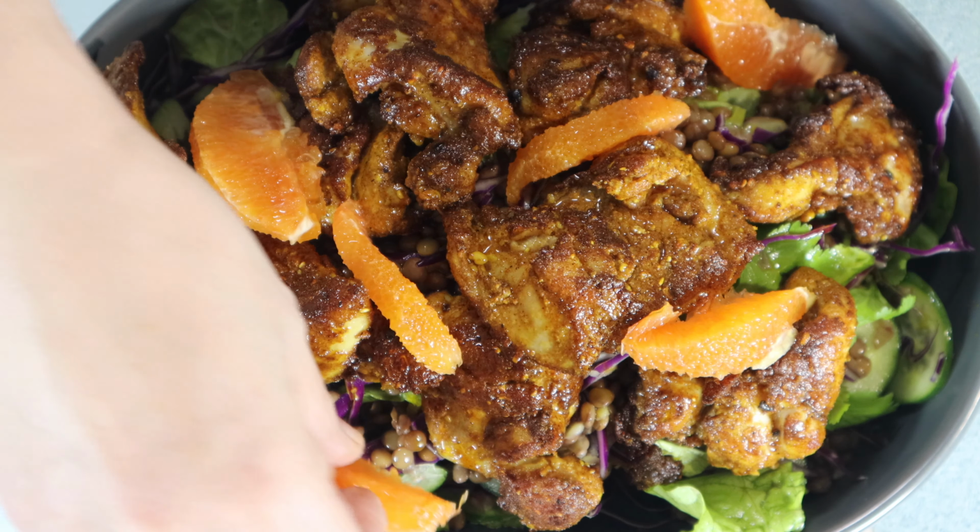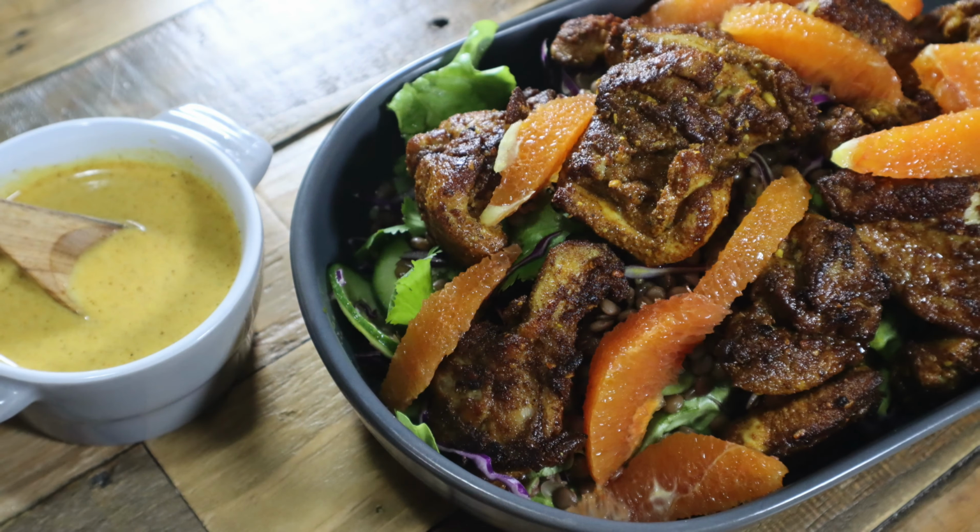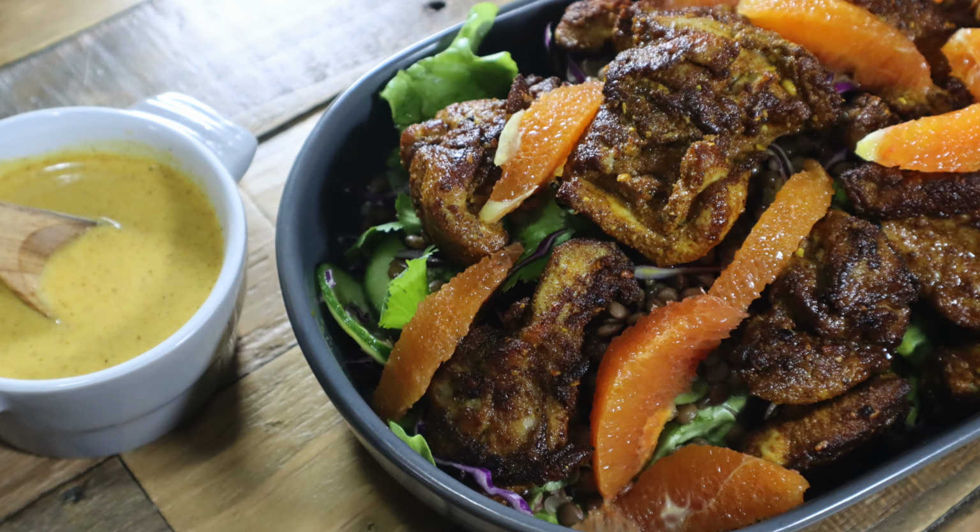An exotic chicken salad that's nice and easy to make, so give it a go and tell me what